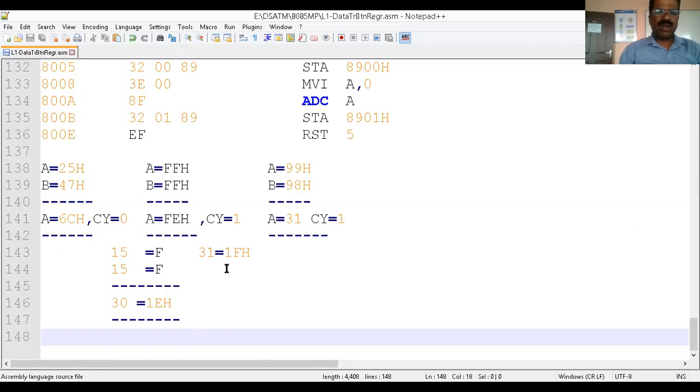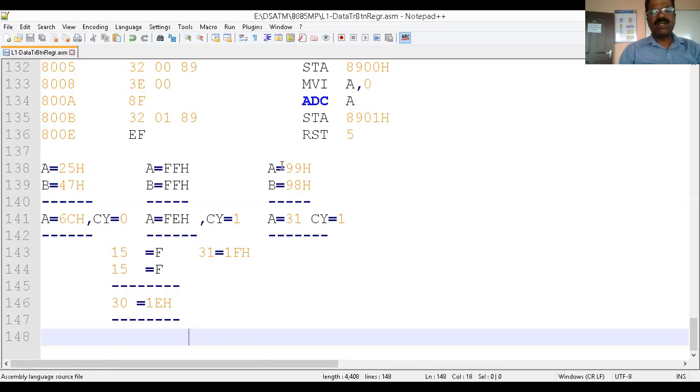It's not possible to accommodate this particular carry. Therefore, there is a flag called the carry flag. It's going to store this particular overflow. Therefore, the carry flag will be set. In the previous case, the sum is within the limit, that is, the maximum is FF. Therefore, 6C is within 8 bits, and there is no carry, so carry equals 0. But in this case, FF plus FF, the sum is FE and there will be a carry. Therefore, we have to consider the carry also. That is very important. Therefore, this input is 8-bit, and the output is 16-bit.